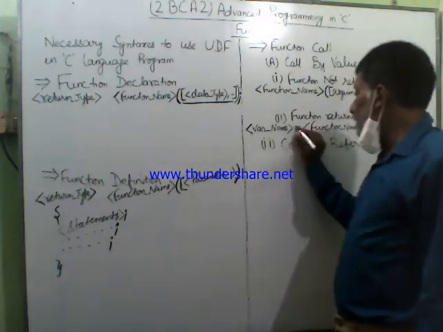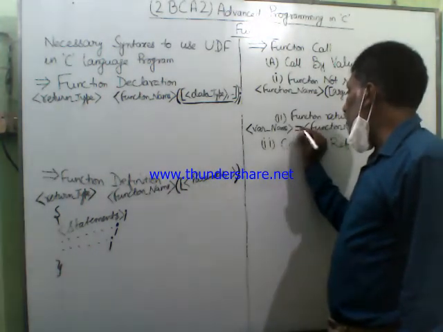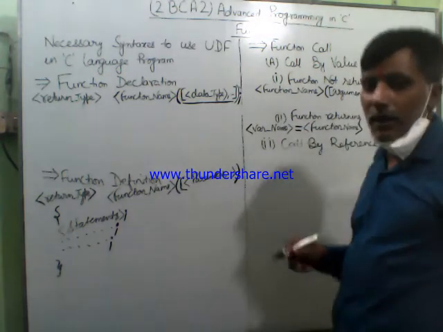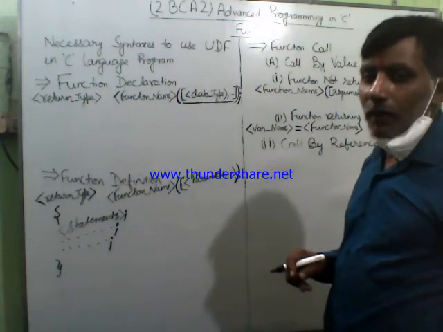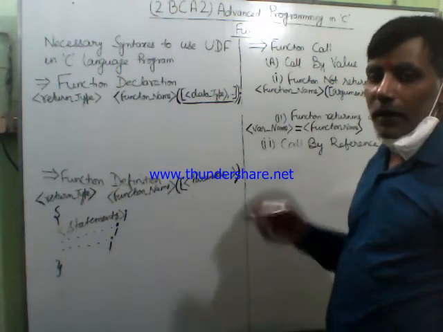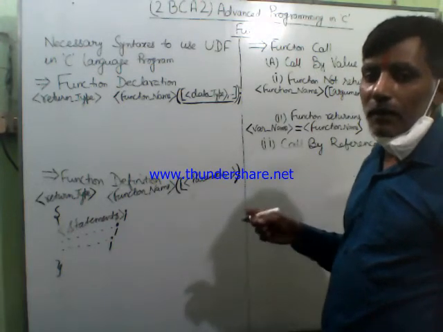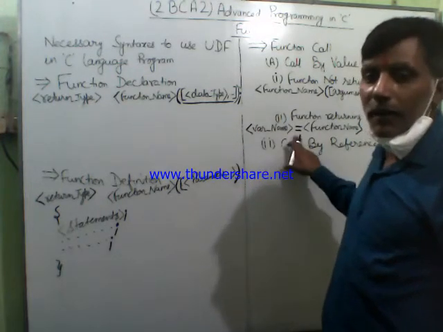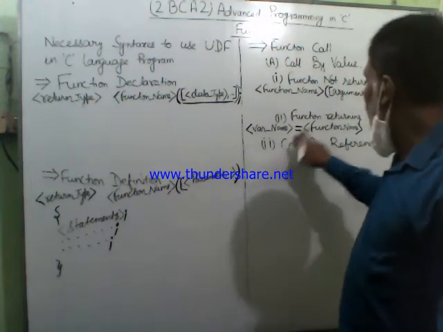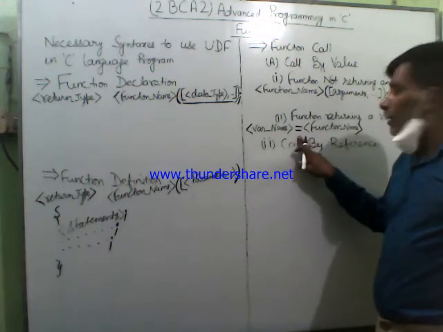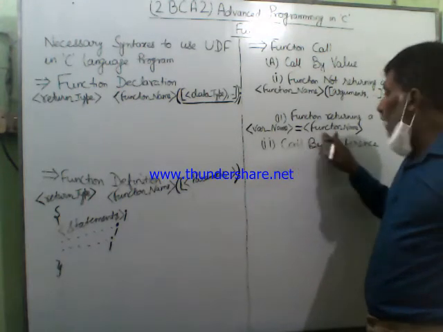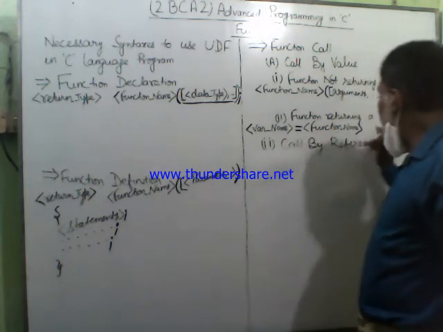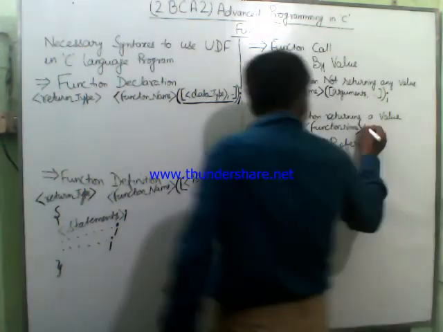And after writing the variable name, you have to type the equal to operator, the assignment operator or initialization operator. This will cause the value returned by the function to be stored in the memory that is specified by the variable name. Now, after typing the equal to operator, you have to write the function name, and after writing the function name, you have to open the parentheses.